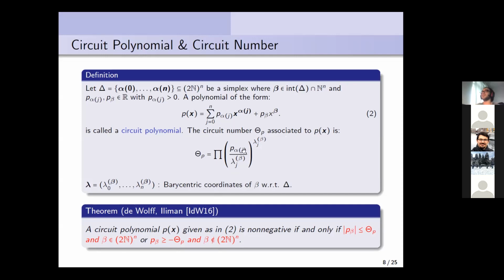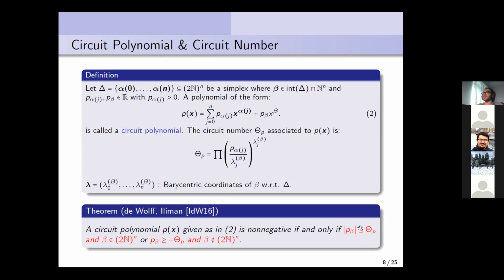There are some p alpha j's coming from the coefficients, and there are some lambda j's, which are the barycentric coordinates of your exponent point beta with respect to the alpha j's. This is unique since this delta is a simplex. Once you compute this theta p, you can check the non-negativity of a circuit polynomial